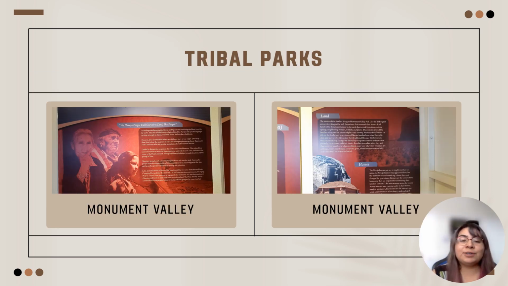And then I wanted to include a slide showing a couple more examples of Monument Valley signage, and also to emphasize that I was trying to get more tribal parks included in this research, but I wanted to be as respectful as possible due to their restrictions. So I wanted to share a little bit about how they use their culture, their histories, but also the park histories to present Monument Valley. And that was really cool to see.